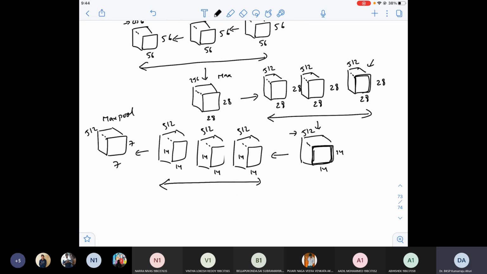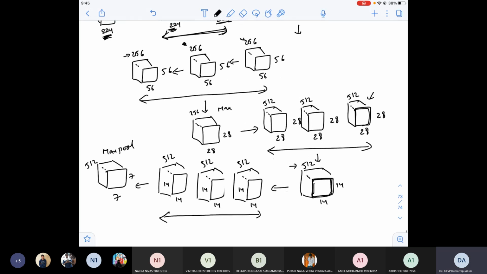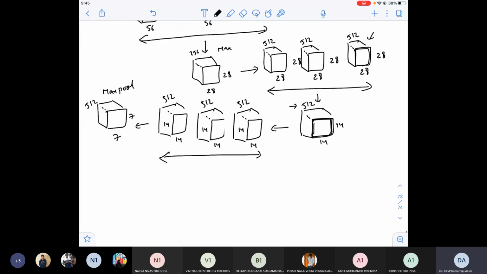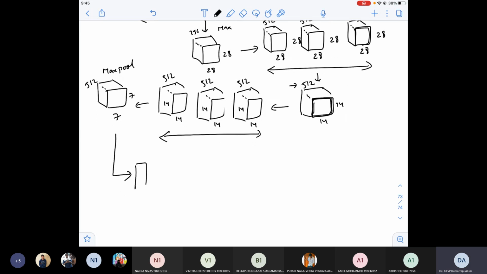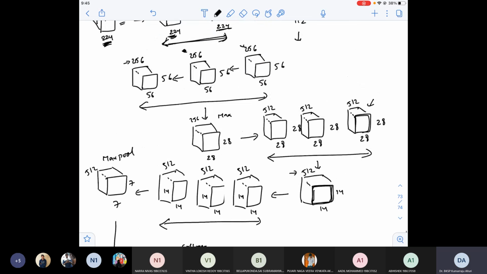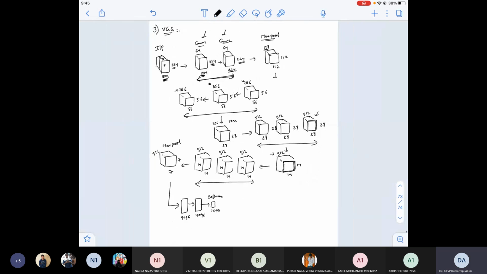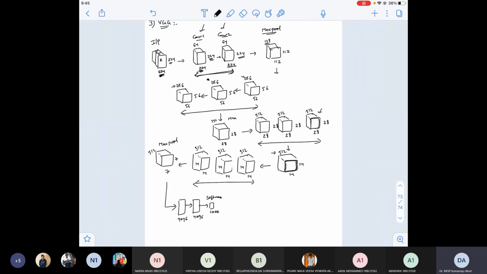So with this, I'm done with the VGG architecture, which is a very popular architecture, like GoogleNet and ResNet. VGG I have seen being used in many applications. After this, finally, you have one fully connected layer, 4096, then again 4096, then 1000 classes. If you have 10 classes, it would be 10. Generally you'll apply softmax here. Have you understood, Nana? There is no understanding here, it's just a configuration.